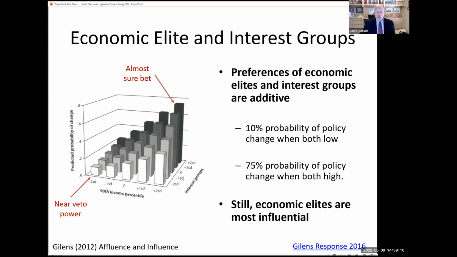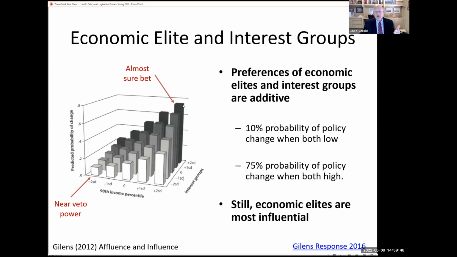The same thing is true about individuals' income. And so when the attitudes of the most affluent in the United States oppose legislation, it's unlikely for legislation to pass, but as the attitudes of our economic elite become more favorable, then the likelihood of that legislation passing grows. But if you put the two things together, the rich, the economic elite, want to see the bill or legislation passed, and interest groups want to see the legislation passed, is where we get this big bar, right?